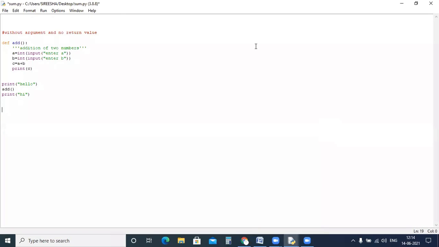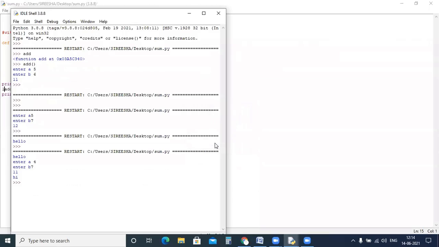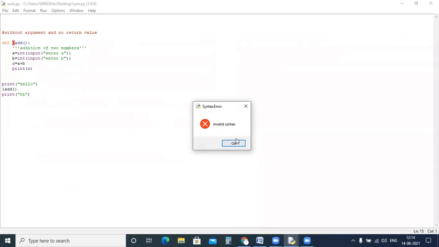What I'll do here is I'll just change it here. I'll take one, add. Okay, I'm starting with a number. So you should not start with a number actually. So what are we getting here? Invalid syntax. It should not start with a number, as with variables.